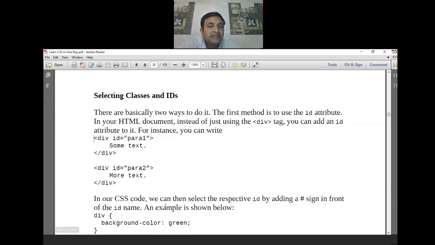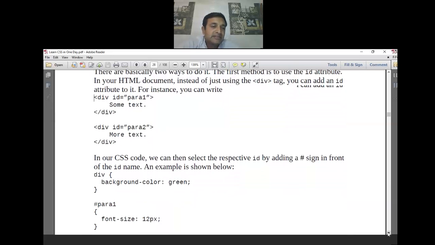In the CSS code, we can then select the respective ID by adding the hash sign in front of the ID name. So you can control which particular div ID will have what kind of background color or font size. You specify hash para 1, using hash and the ID name inside the CSS file.